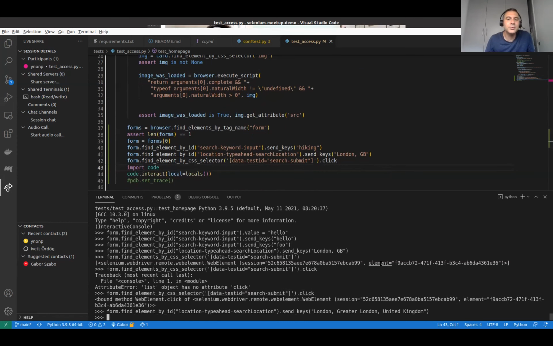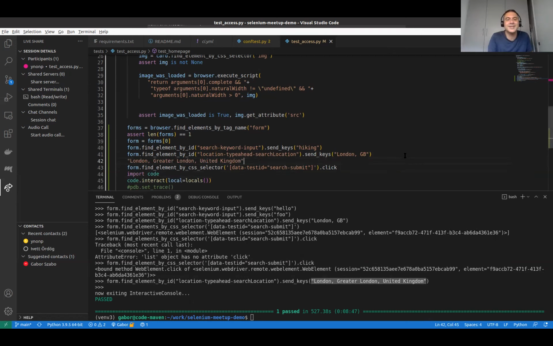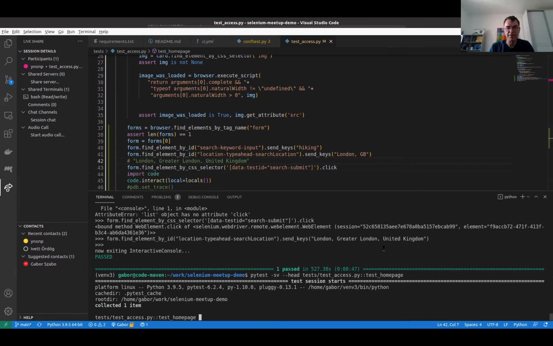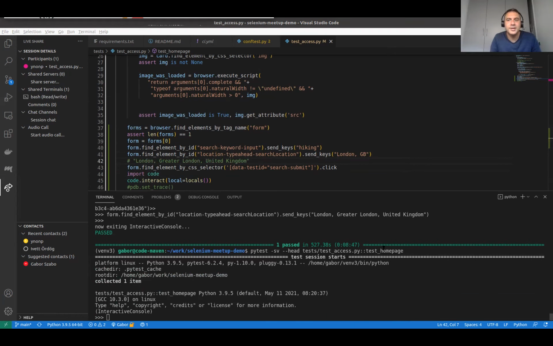Okay. Now it won't work, but yeah. Why? Because London GB is not good enough. They probably want London Greater. At one point, it was good enough for them. Yeah. That's why I copied it. Okay, now I understand. I don't know. I just want to try to do this. And I would click from the list. I would add the Selenium line to click from the list.